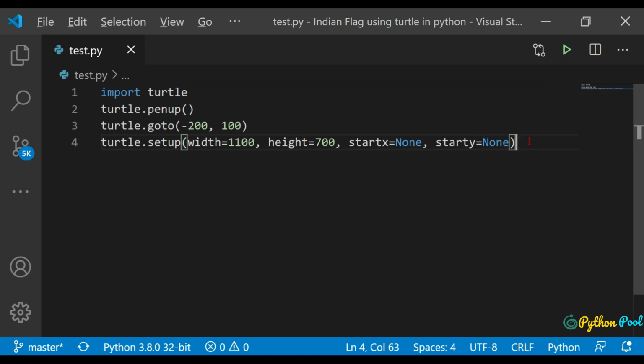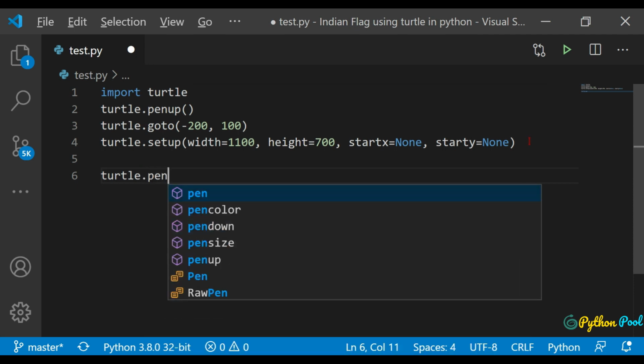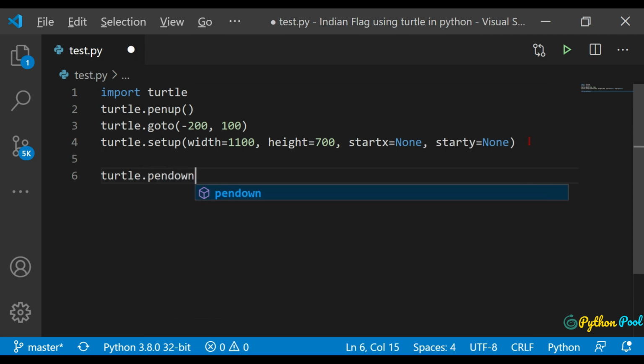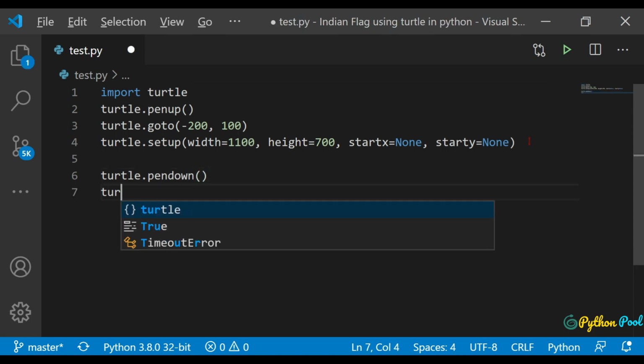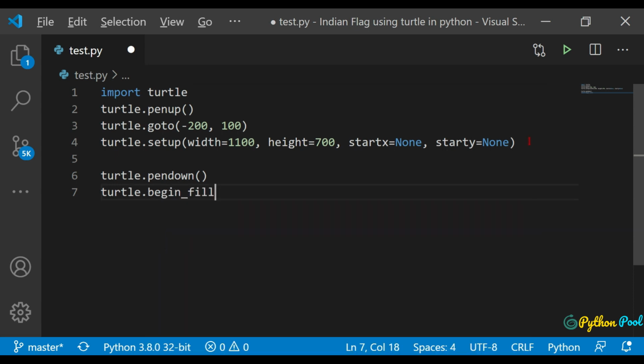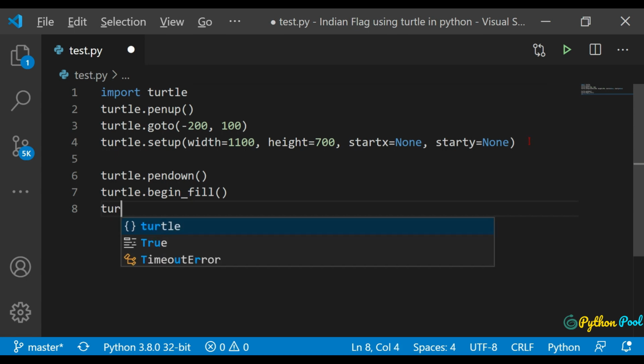First of all, we need an orange block for us. So let's define the orange block. We'll call turtle pen down, so it will start printing the colors. First, it will print in black color because it is the default color, and when the pen down function is called, the color is emitted. We also need begin fill, because we need our block to be filled with the color. So turtle.begin_fill, and this function would be called.